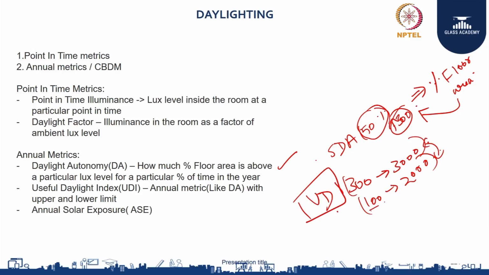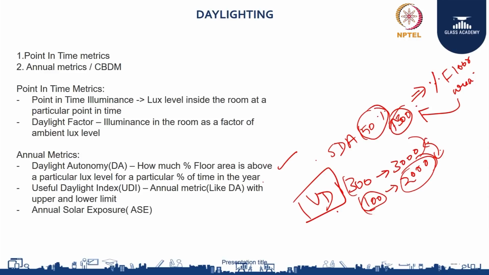As the name suggests, this is the range which you can understand as useful daylight. When it goes below 100 lux, it will be very dark. If it goes above 2000, or in the range of 2000 or 3000, you will have some visual discomfort because the contrast ratio will increase. When you are viewing from one point to a point with 2000 or 3000 lux, you will face a high contrast and some glare. That we call visual discomfort. So the useful lux level is between this range. That is why it is called the useful daylight index.